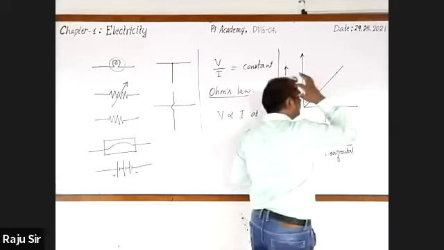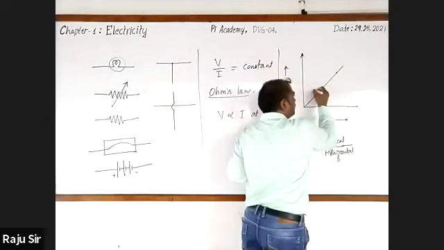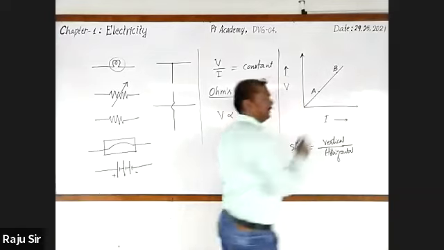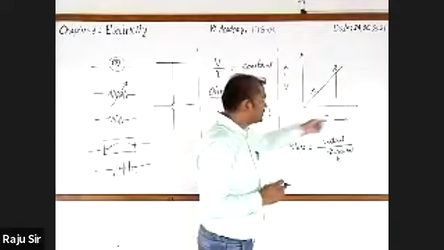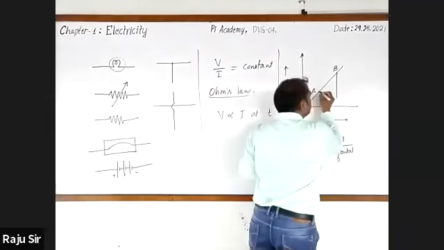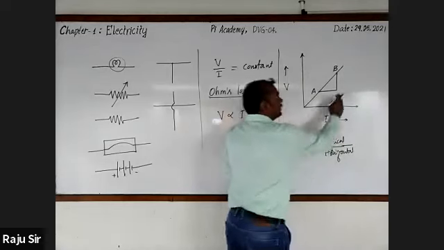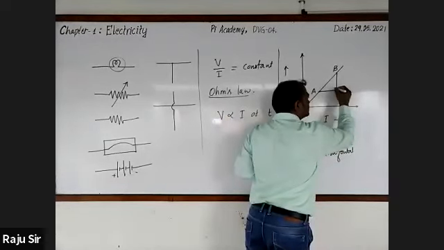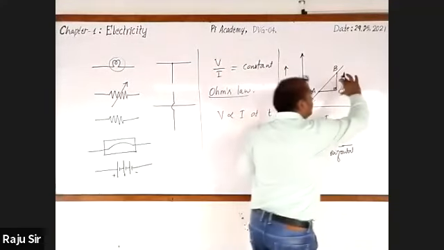Let us go for finding the slope of this graph. I take 2 points on this graph. Let us call these points A and B. Now, let me draw a line from B parallel to the y-axis. Similarly, let us draw a line from A parallel to x-axis. See, both will intersect at a point. Let us call this point C. Now we got a right angle. Here, no need to go for using Pythagoras theorem.